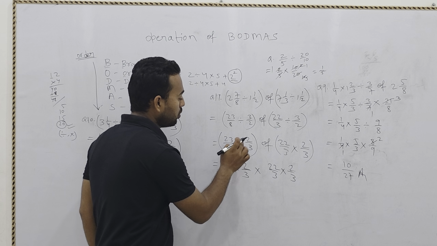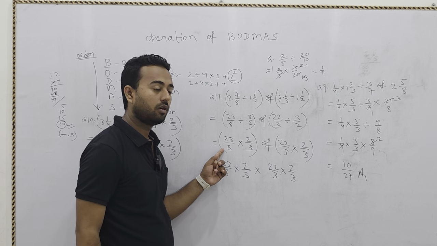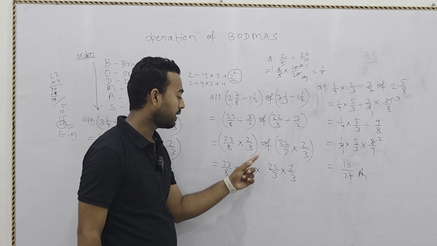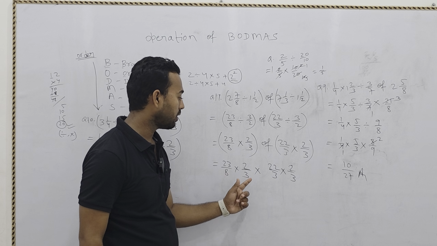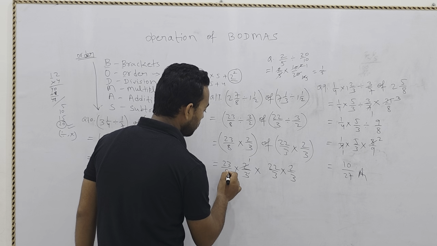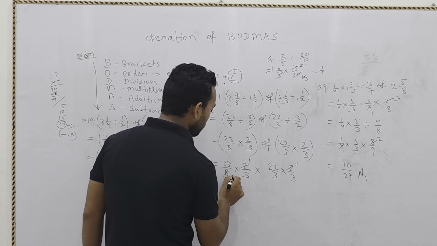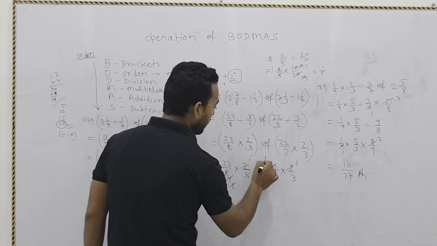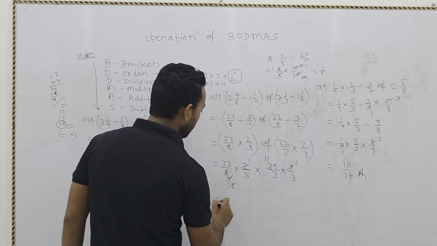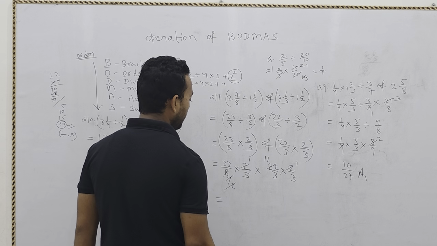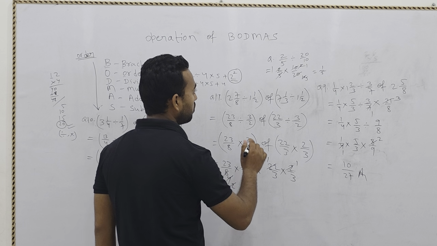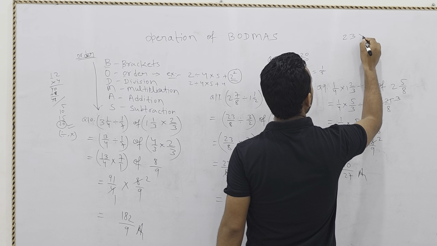I am not solving this portion because it is not cutting. Only here 2 times 4 it will be cut. Only here this will cut, so we are not cutting because this of we will write here as multiply, then it will be easy to cut here and there. So this 2 cuts 4 times, again this 2 cuts 2 times, 2 times 11. Here it is cut. Now nothing will cut. So simply we will multiply here 23 multiply 11. It is a very easy way to multiply this 23 into 11.